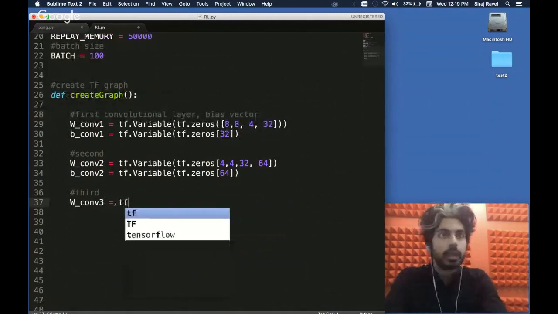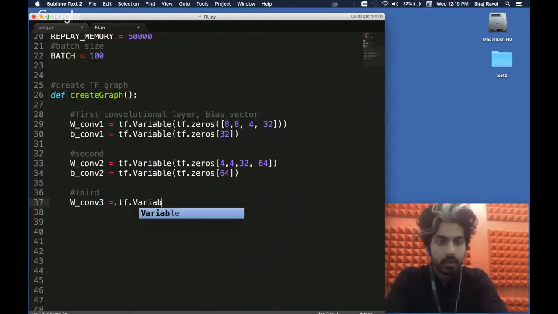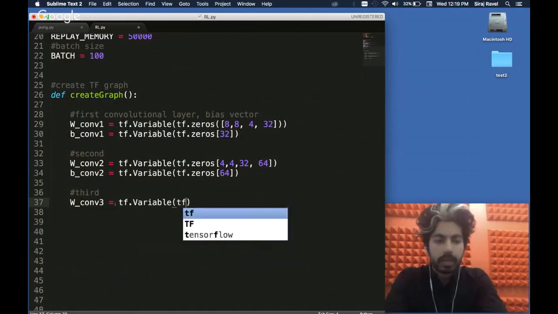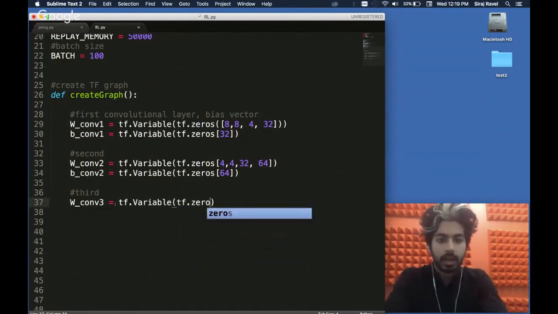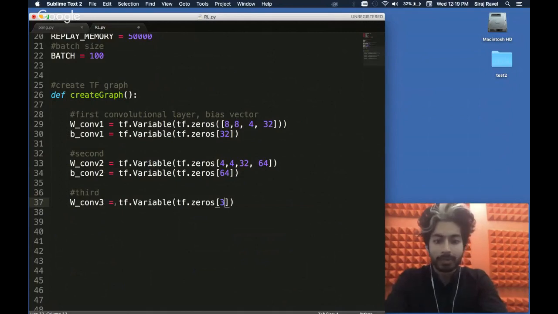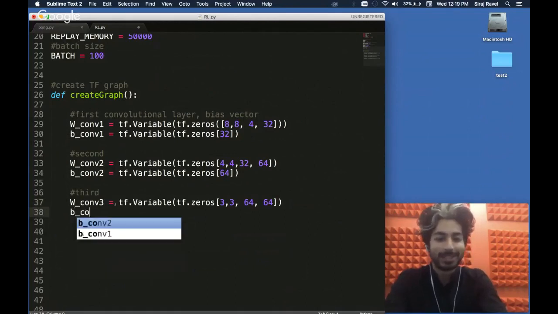Three equals tf.variable, tf.zeros. Okay, we have a lot of explaining to do, and I'm going to explain these magic numbers in a second, all right? So let me just write this out, and we are going to explain this stuff.